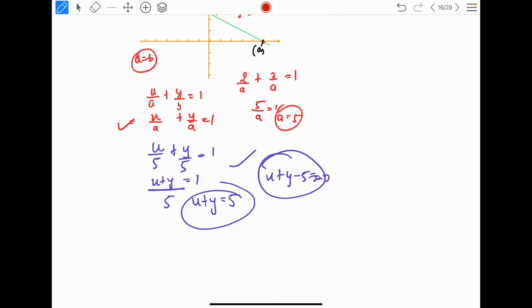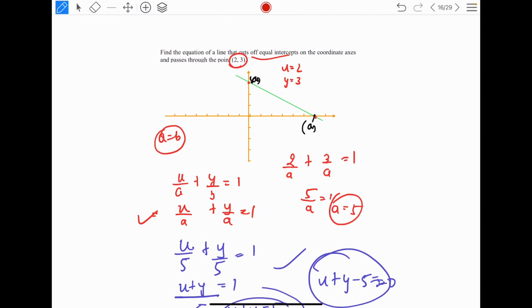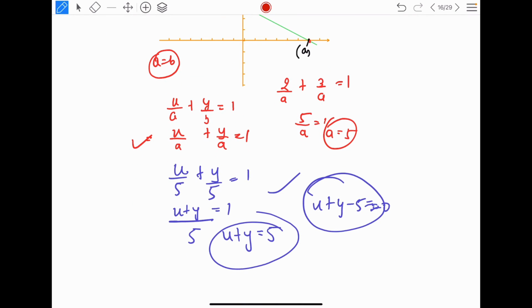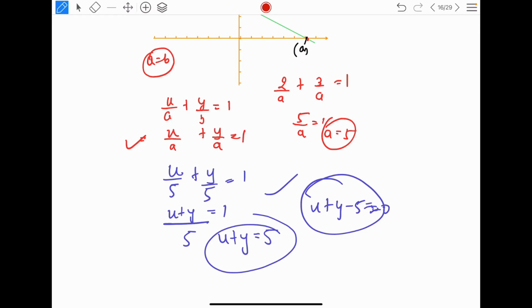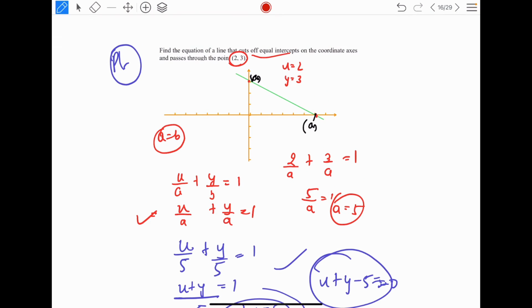So the thing to remember is when I talk about equal intercepts, that means both the x and y intercepts are same. That means x intercept is A, so y intercept is also A. Then use your intercept form. The point is given to you, the point is your x and y. You put it, then you find the value of the intercept and you give it in your general equation. That's it. Now, if the same point was given with the slope, we would have used point slope form here. Here it is given with the intercept, so we are using intercept form. Simple.